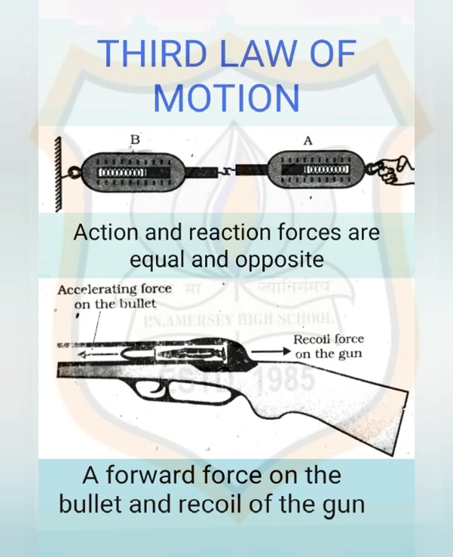The first two laws of motion tell us how an applied force changes the motion and provide us with a method of finding the force. But the third law of motion states that when one object exerts a force on another object, the second object instantaneously exerts a force back on the first. These two forces are always equal in magnitude but opposite in direction. These forces act on different objects and never on the same object.